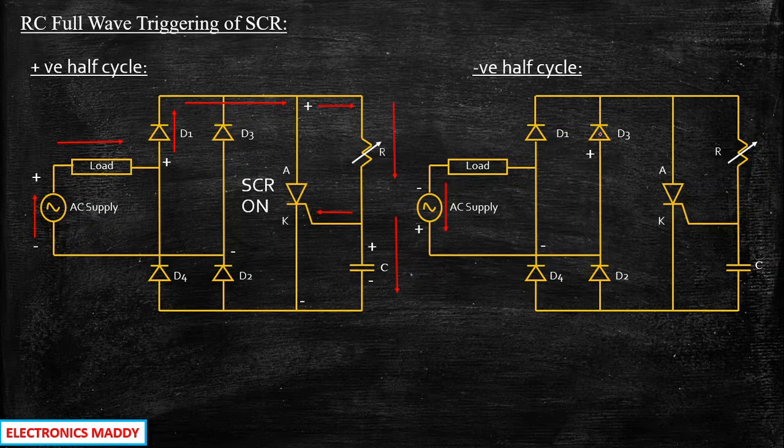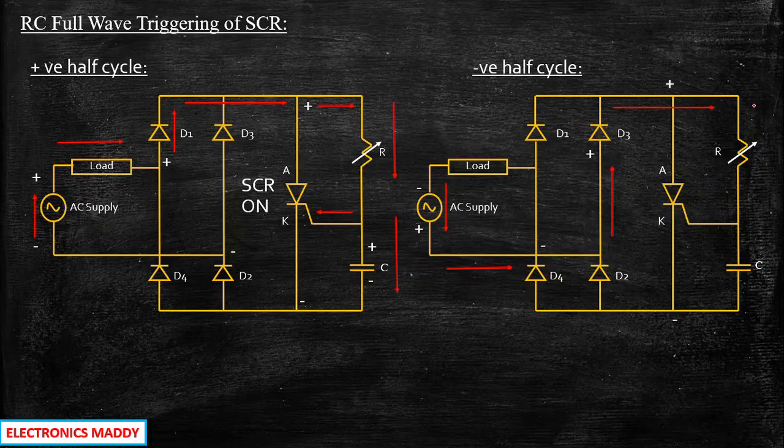Because of this, D4 and D3 are forward biased, because positive is connected to the anode of D3 and negative is connected to the cathode of D4, so they are going to act as closed switches. Current flows through this path, through this path, and consequently through D3. Because positive is appearing at this point and D3 is acting as a closed switch, the same positive voltage will appear at this point and negative voltage will appear at this point. So again, the SCR is in forward blocking mode, that is, anode is connected to positive and cathode is connected to negative.